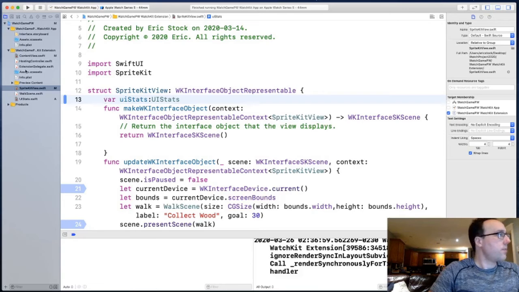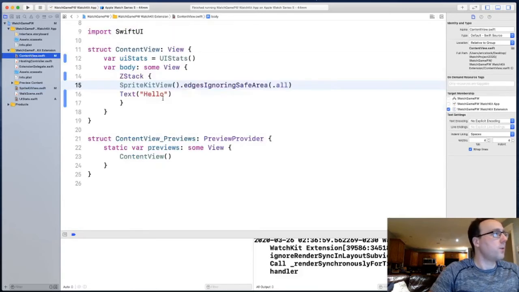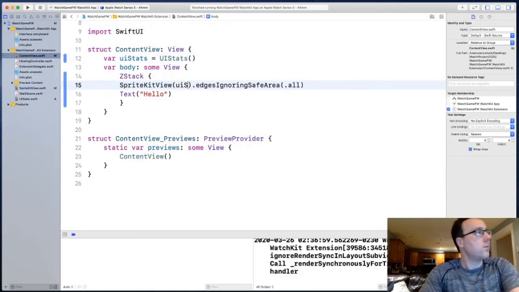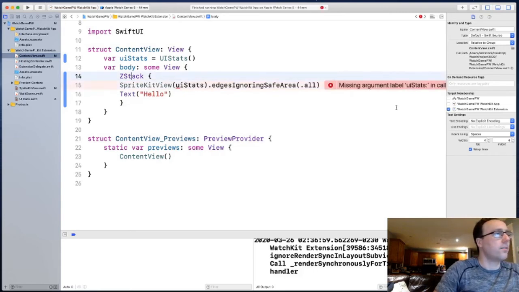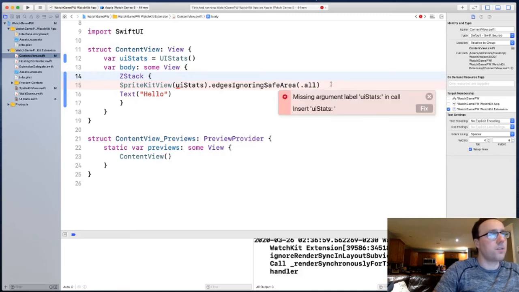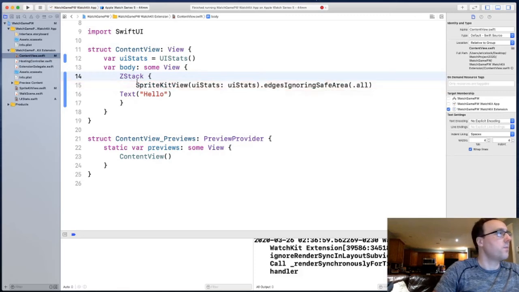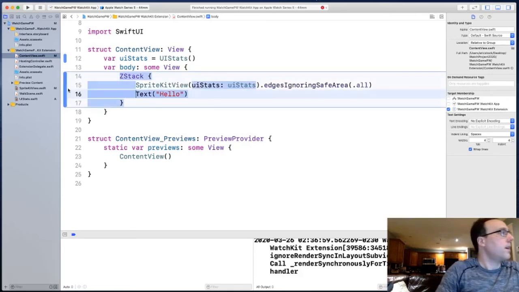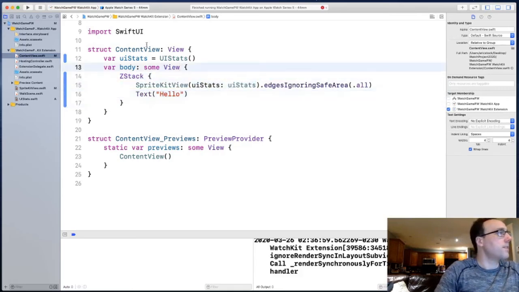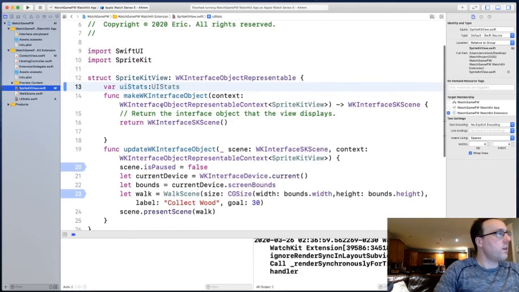And so now when I go back to my content view, I'm going to have to pass in UI stats. And let's try running this. Oh, that does not work. Okay, I have to add my label. So I'll just click fix. There we go. All right. So I've got my UI stats there. Actually, let's just keep going. So if I go back to my sprite kit view here,